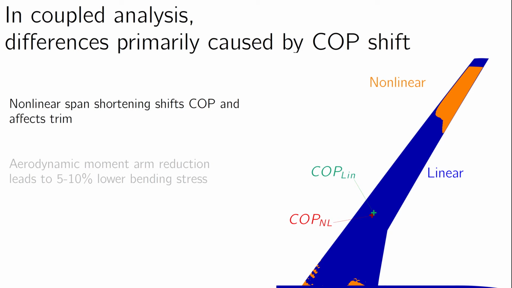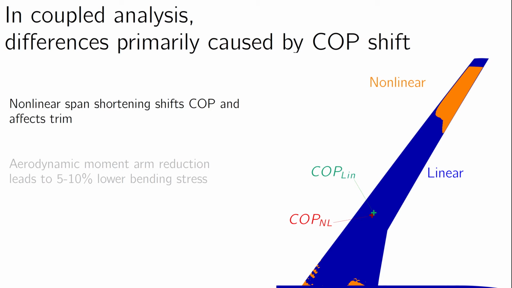Both trimmed to the same 2.5G maneuver condition. From an aerodynamic perspective, the most notable geometrically nonlinear effect is the shortening of the effective wingspan. This causes an inboard and forward shift of the wing's center of pressure. This alters the trim of the aircraft and results in a slight reduction in the fraction of the total lift